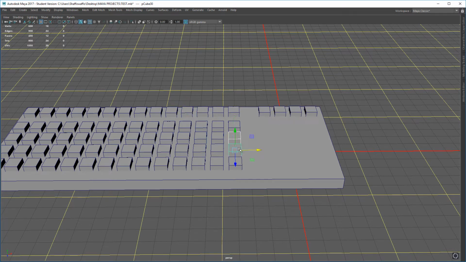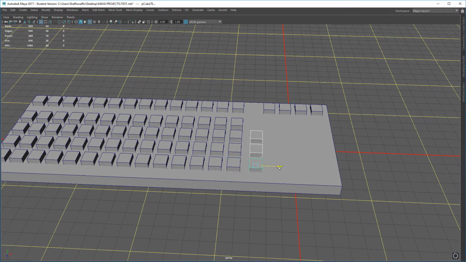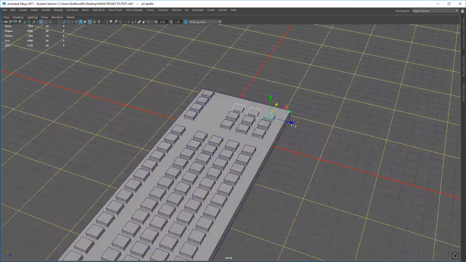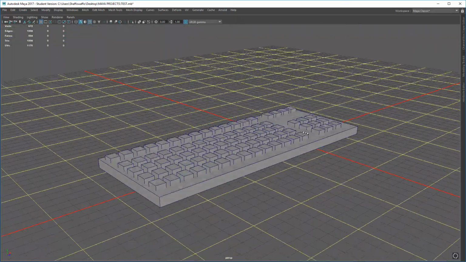And now we just need the 3 keys over here. So Control D again, pop that there, Control D again to move, and Shift D to remember that translation. You can see there sometimes it doesn't work. I press Shift D, it hasn't done it unfortunately, which is frustrating, but never mind, I'll do it by eye. There we are, that'll do. So arguably that would be adequate enough in terms of a basic blockout,